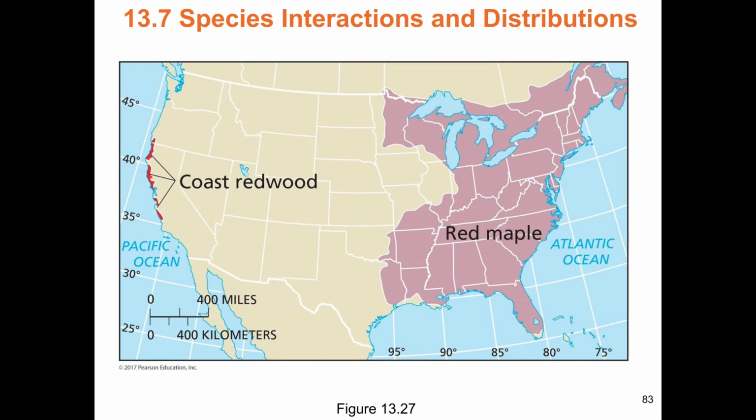Some of the water is absorbed by the needles. The rest condenses out on the needles and falls. In fact, under a single redwood, you can get 18 inches of rain in a year, or just in the summer, underneath a mature redwood in Santa Cruz. So the range of coast redwoods is limited to regions that have summer fog, as opposed to the red maple that exists across pretty much the entire East Coast. Generalist, highly specific requirements.